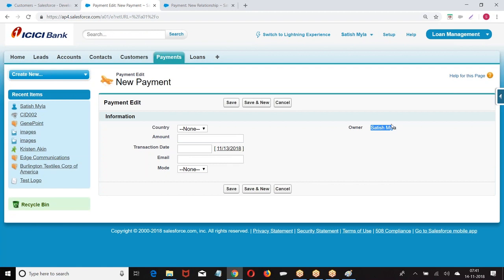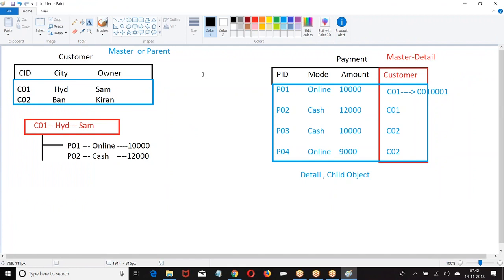So, every record will have one owner. He is the concerned person responsible for handling their business. Right. Now, every record will have an owner. Now, look at the point. In the master detail,